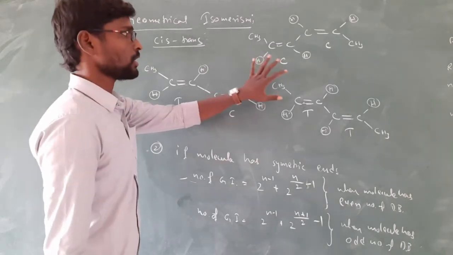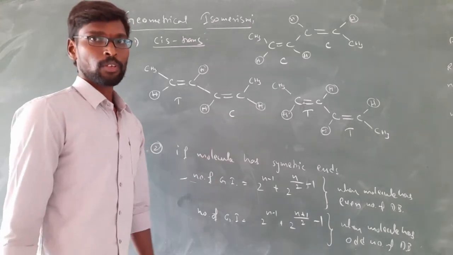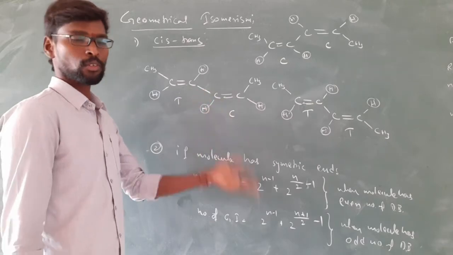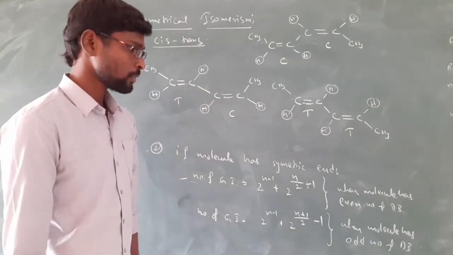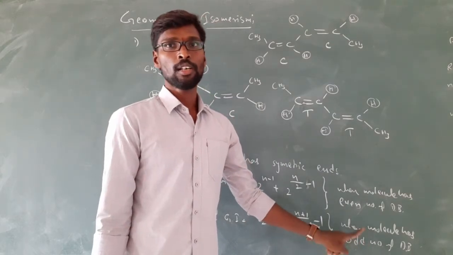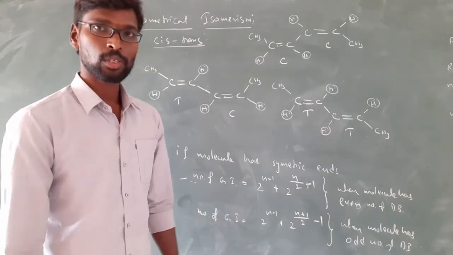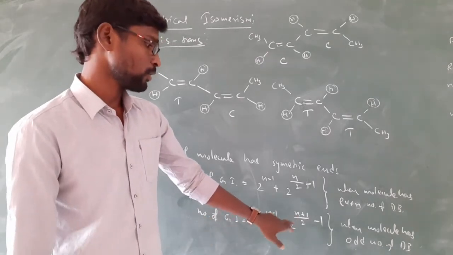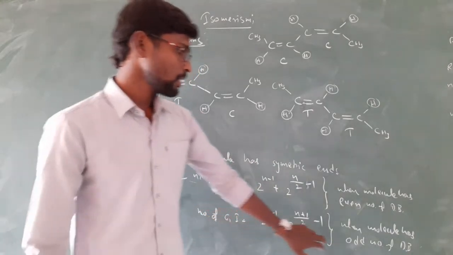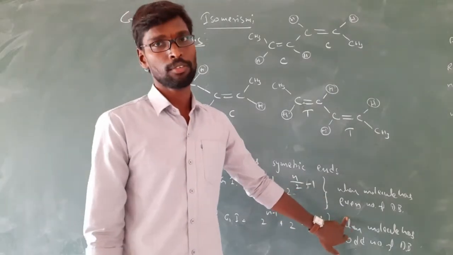This is a molecule, and this is the number of possibilities of that isomer. Right. This is when the double bonds are an even number. So like this, you can apply for the next one. When the double bonds are an odd number, geometrical isomerism is equal to 2 to the power n minus 1 plus 2 to the power (n plus 1 by 2) minus 1. So this formula is for an odd number of double bonds and this formula for an even number of double bonds.